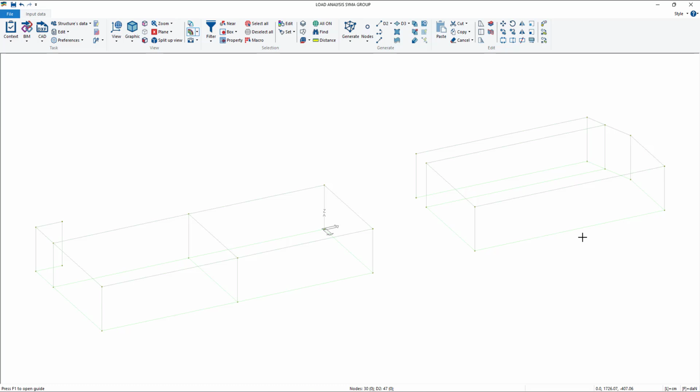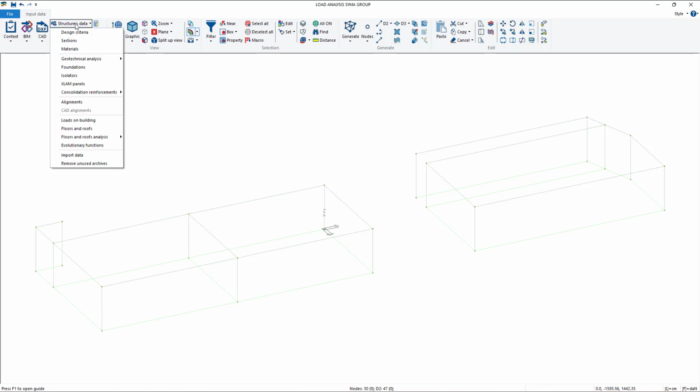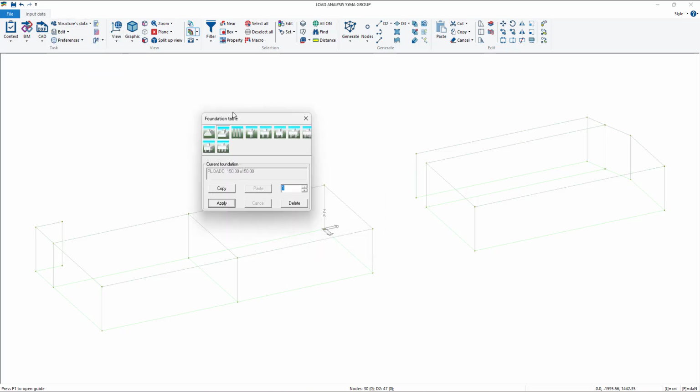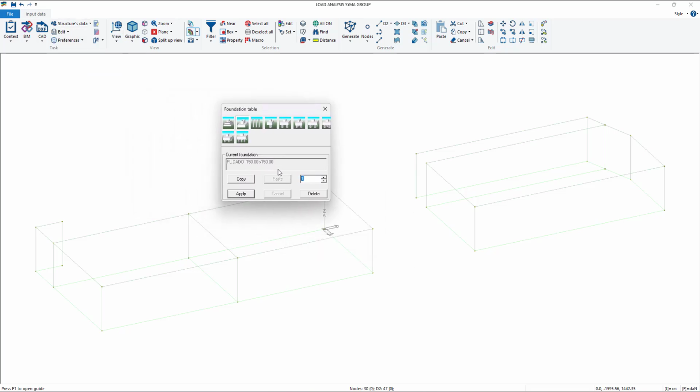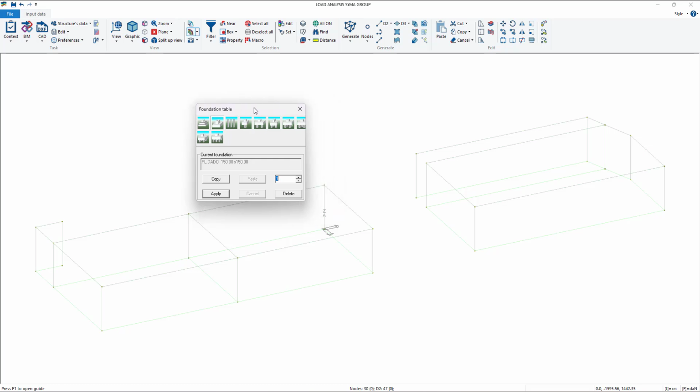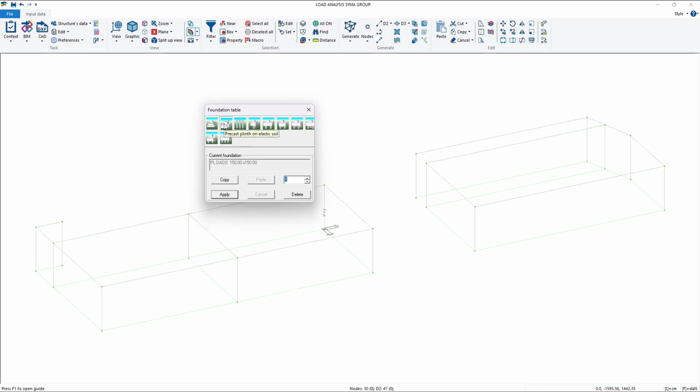With the correct property. Now we are going to insert some special foundation elements like foundation piles. For this kind of element, we have archives as for materials and sections. So in structure data, we can go on foundations, and here we can find some special elements like piles and plinths, and also combined technologies like plinth on pile.